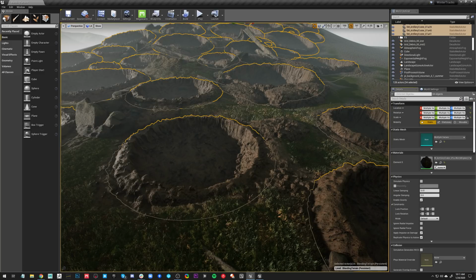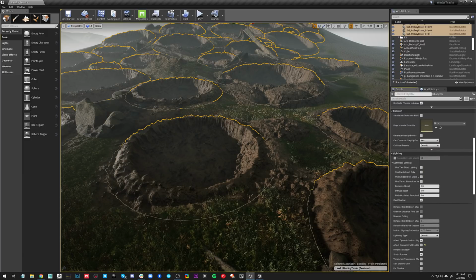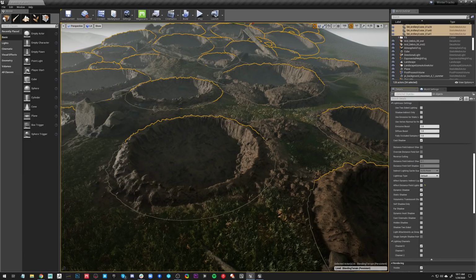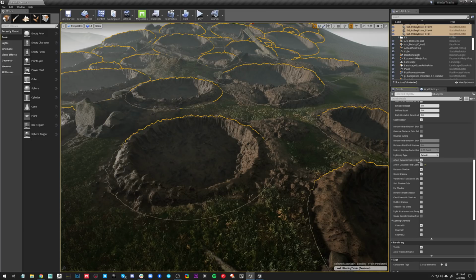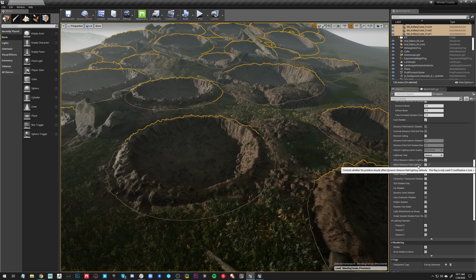And the thing with distance field blending is we need to make sure that we disable this little feature here. Affect distance field lighting. We need to make sure this is disabled. Otherwise, it's going to sample its own distance field and the whole thing will turn out really blurry. So just make sure that whatever object you are blending with your terrain has affect distance field lighting turned off.